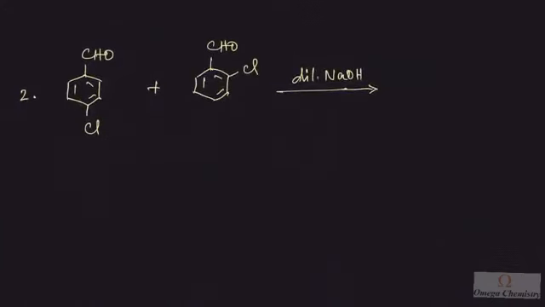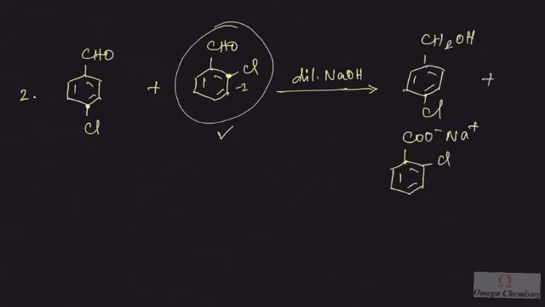The next problem is, here I have parachlorobenzaldehyde and orthochlorobenzaldehyde. Both are minus I groups, and here the minus I group operates from the para position. In the second compound, the minus I effect operates from the ortho position. As the minus I effect is dependent on distance, the ortho position minus I effect will operate more efficiently than the para position, which means this compound, if it becomes a carboxylate ion, can stabilize it more. So this compound will preferentially become the sodium salt of carboxylic acid.